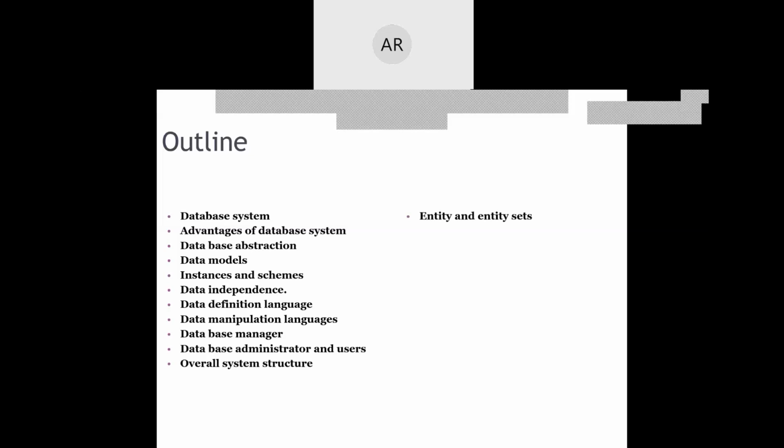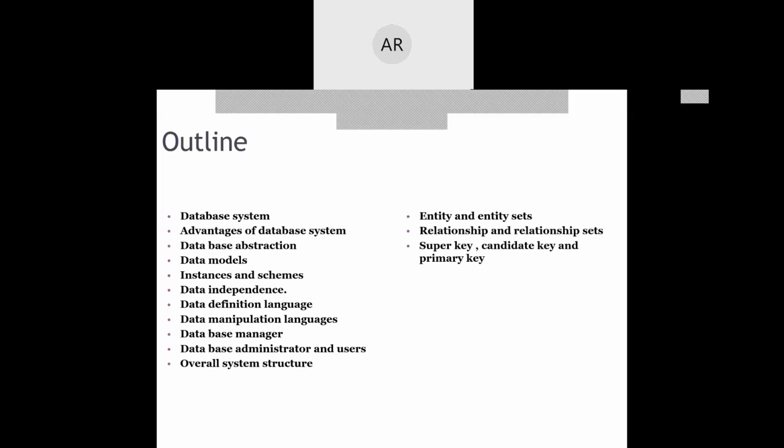Then we will be looking into what is an entity, an entity set, a relationship, and a relationship set. Then we will be talking about a few of the major concepts of keys. Keys are unique attributes which are used for identifying each entity in the entity set.